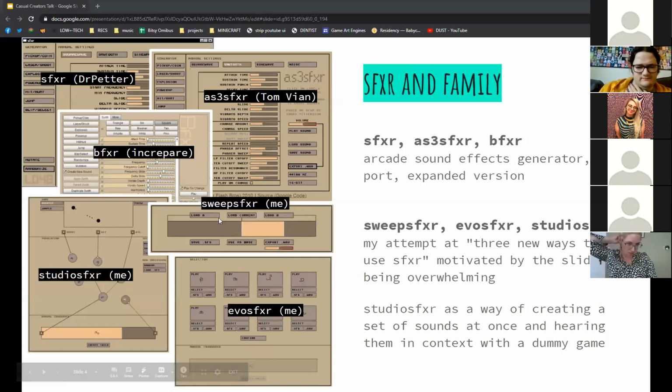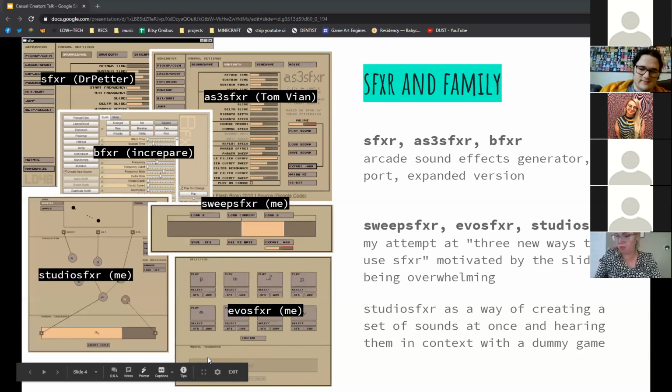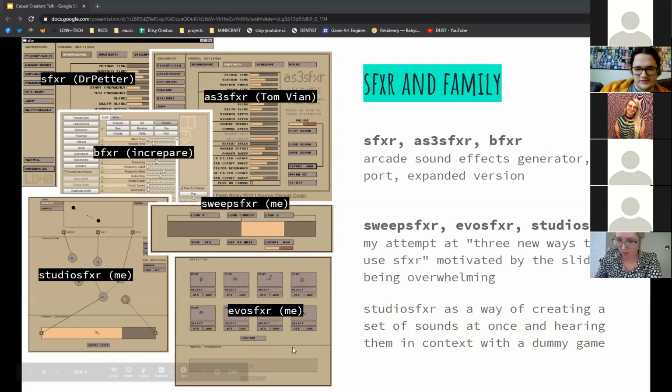There's Sweep SFXR, which is just linear interpolation between two sounds, and you'd go on a kind of random walk through the sounds. Evo SFXR was about having evolutionary generations that were mutating, and then similarly you do that sweeping to do some kind of crossover for that. And then Studio SFXR was a more experimental look at